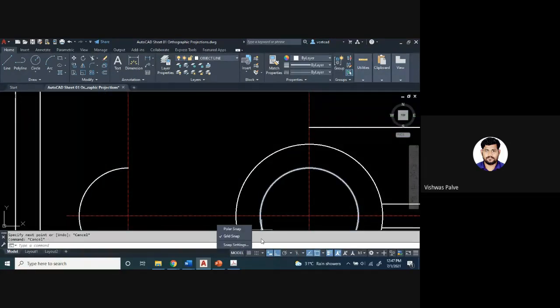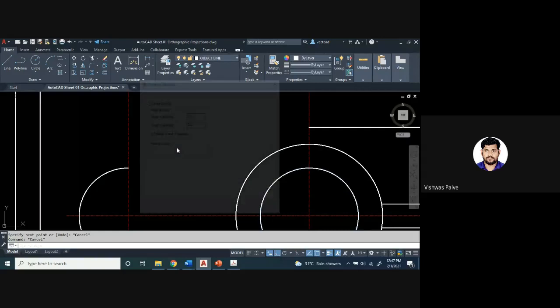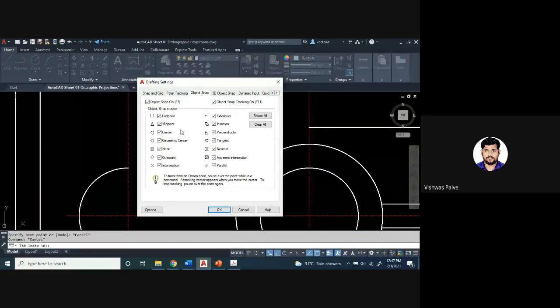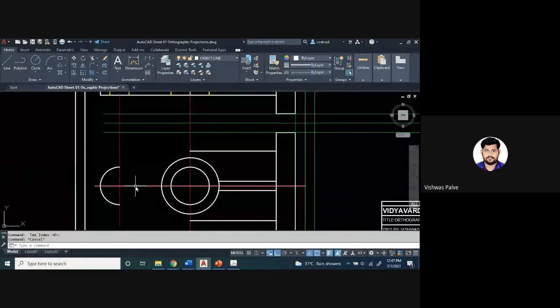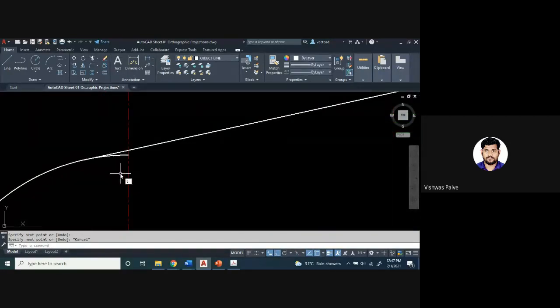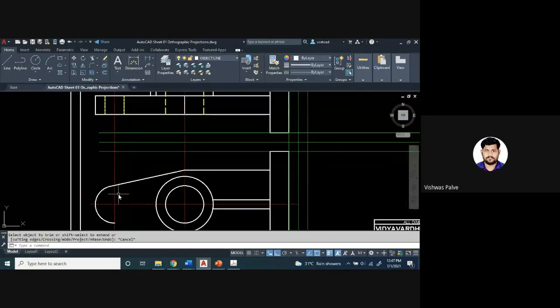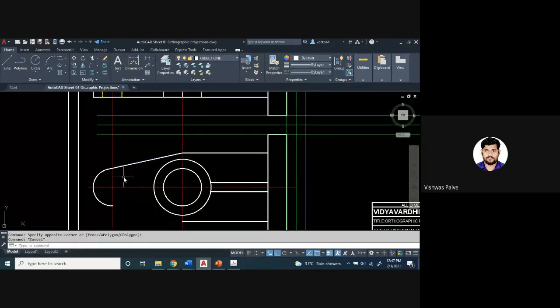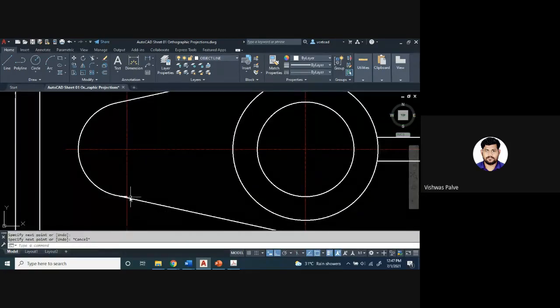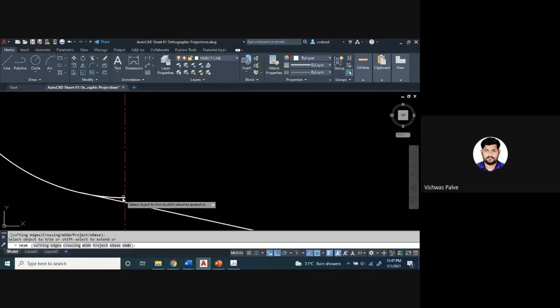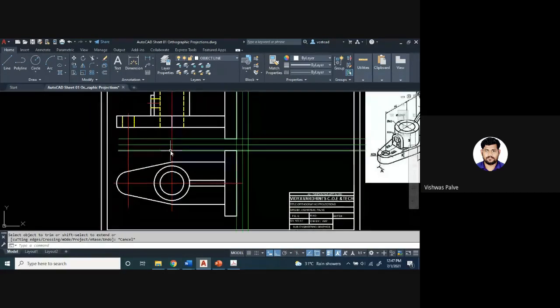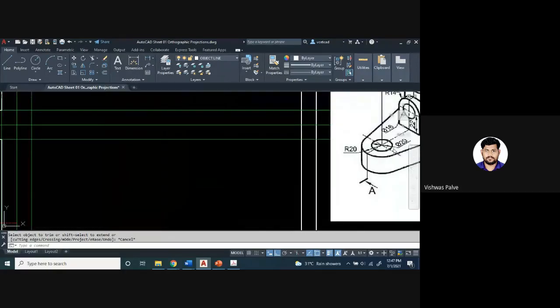So my tangent should be on. Same thing on the other side, or you can use the mirror option. In normal practice, you have to draw tangential. Approximate tangent you can take. No need to take exact tangent while drawing normally.